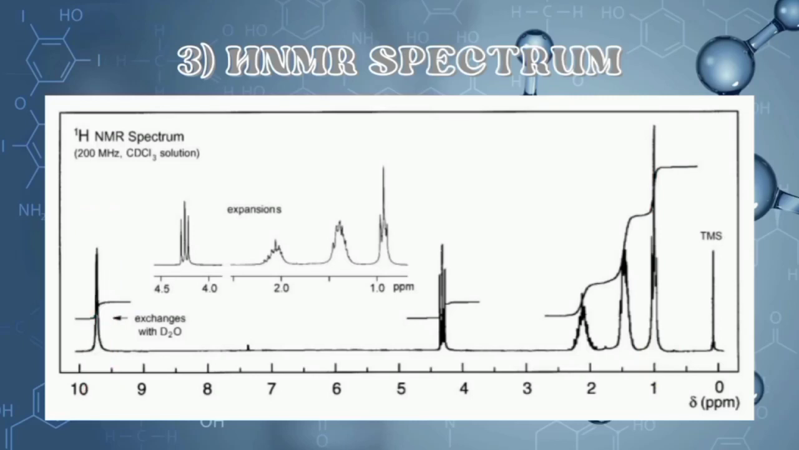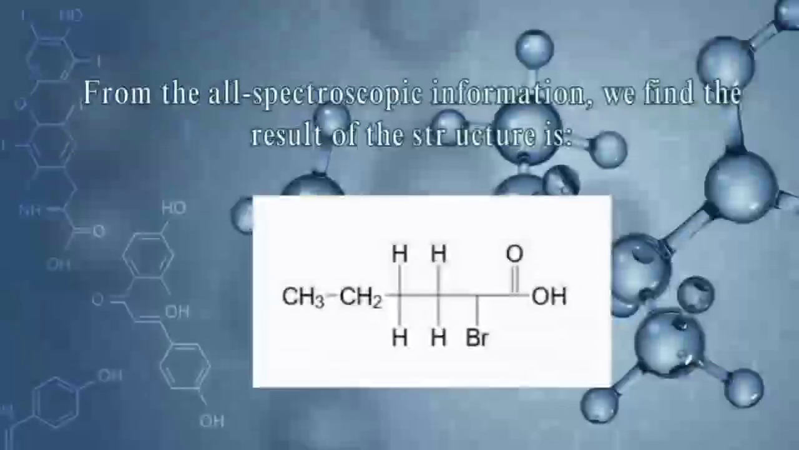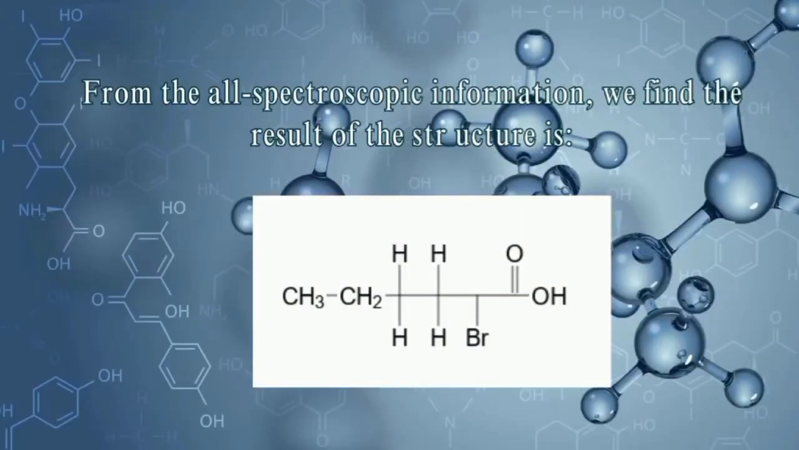We have a triplet peak at about 4.5 ppm, which indicates a neighbor to an atom with 2H. And we have a sextet peak between 1 and 2 ppm, indicating the presence of CH2 with neighboring groups CH2 and CH3. We have a pentet peak between 1.5 and 0.5 ppm, indicating the presence of CH2 with 2 neighboring CH2 groups. From all the spectroscopic information, we find the result of the structure is